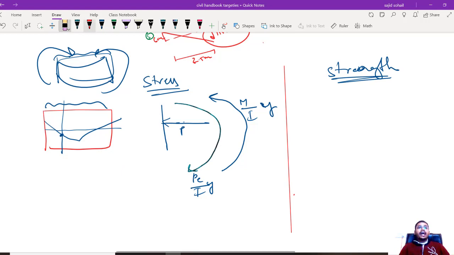I want FT and FB. What will be FT? Obviously because of the pre-stressing force, P by A. And next, what do you have? Next you have this, right? Because of this force, what is the stress being generated? Very simple. See, what is at the top?